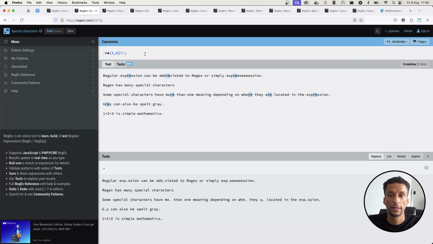So you might be thinking, if the quantifier is lazy, meaning match the least times possible, what will cause it to match more than the minimum amount of times it can? So let's say, for example, we have the star quantifier and we make it lazy. So by default, it's matching 0 times, right? But let's say we want to make it match more than 0 times. We can, for example,